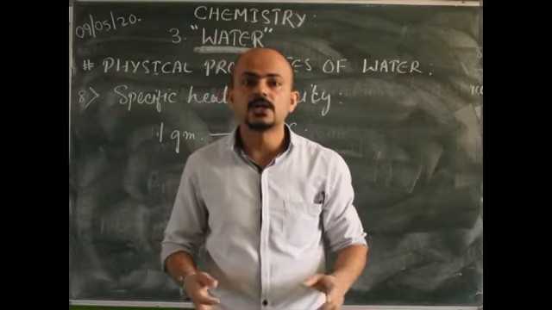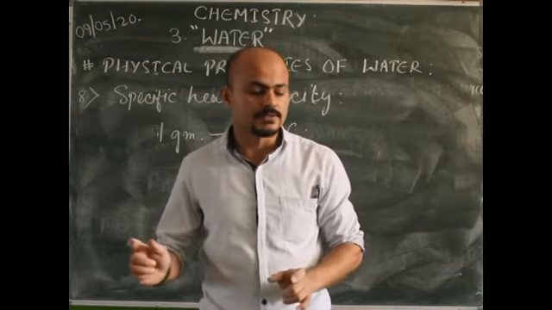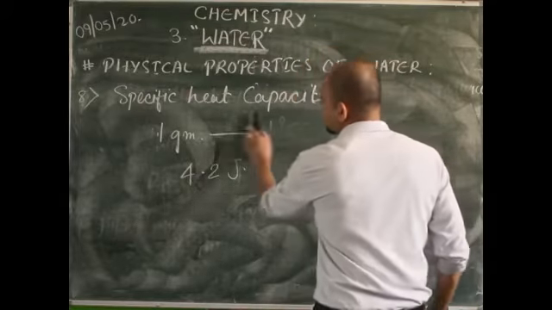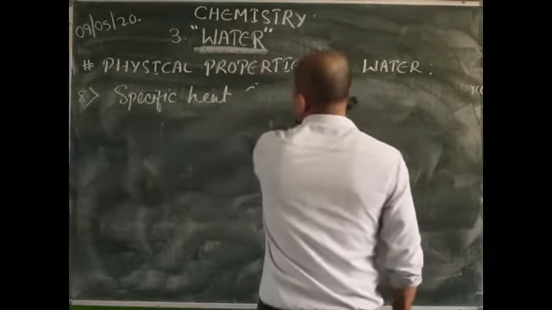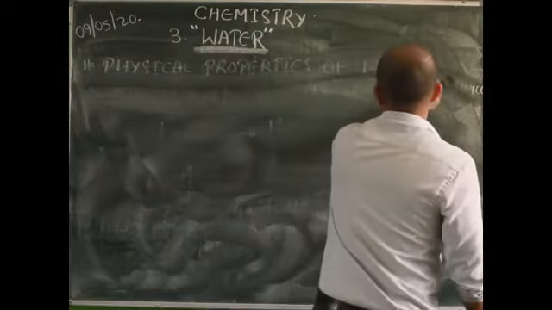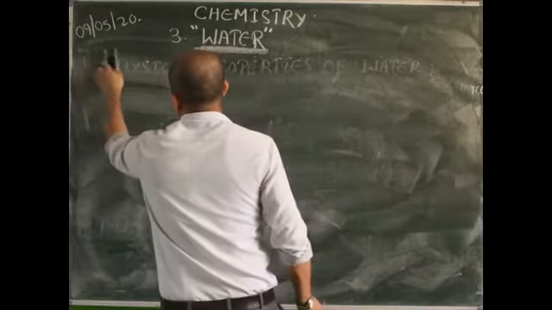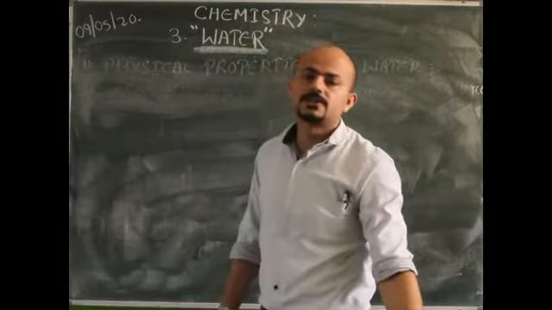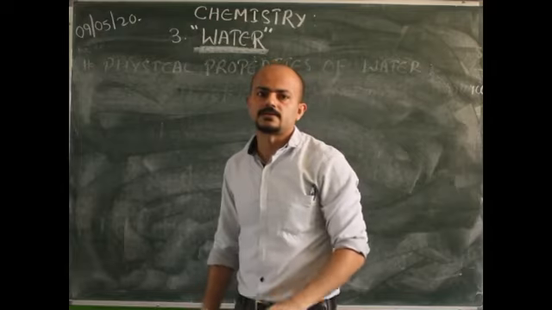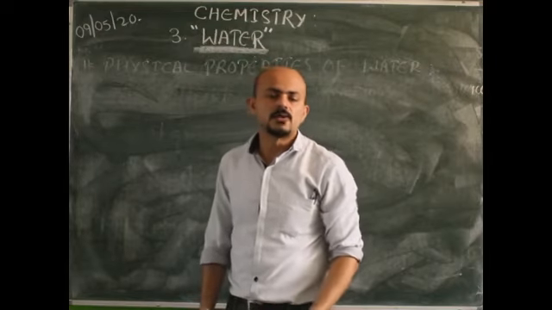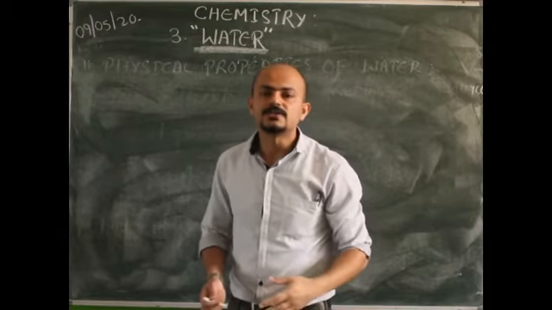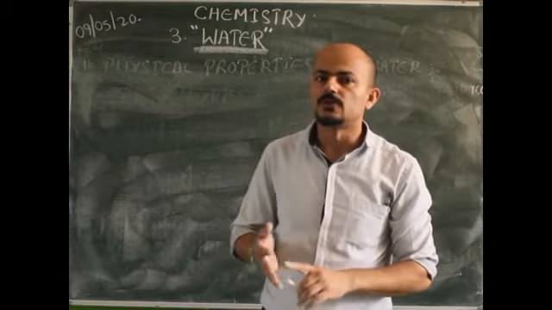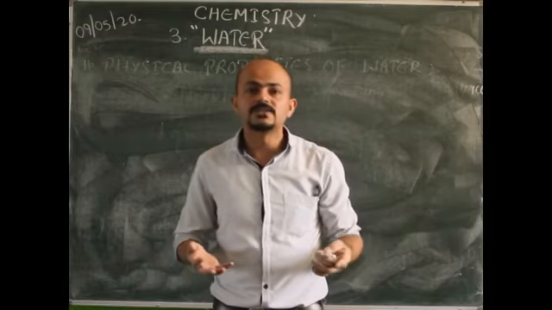therefore, it is known as what? Universal solvent. So water is also known as Universal solvent. Why? Because most of the substances, it may be solid, liquid or gases, they get dissolved in water. Because of that, water is known as Universal solvent. Now since we talked about solids being dissolved in water, now you know even the salts get dissolved